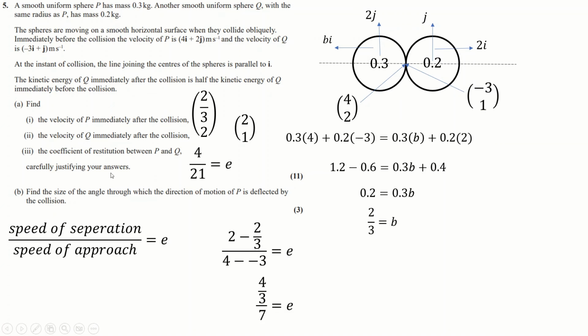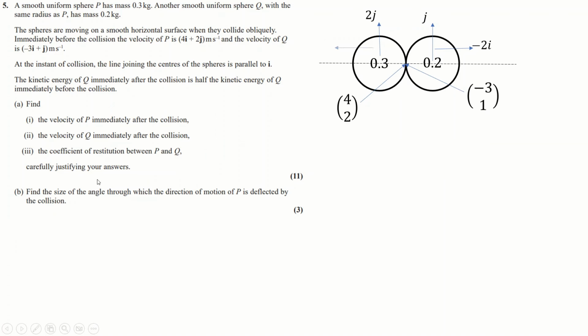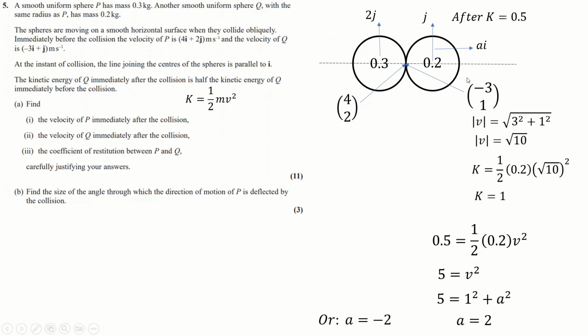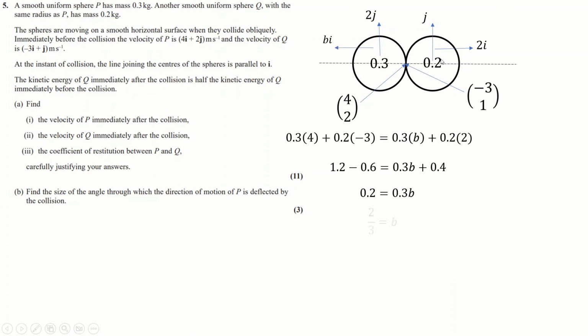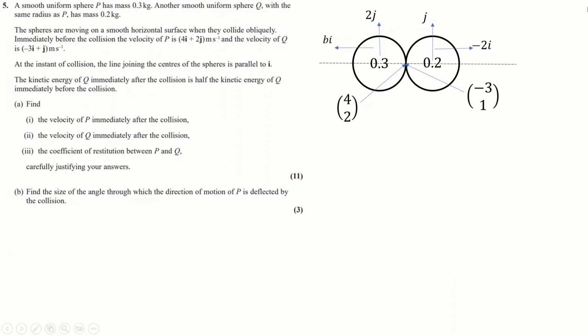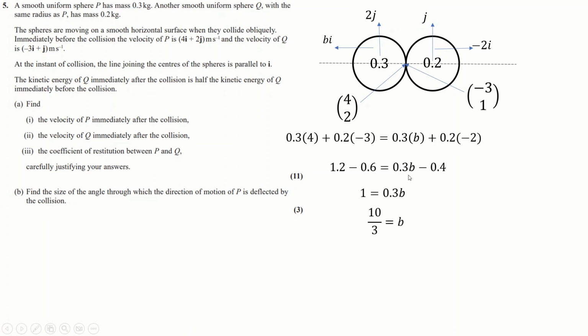Now justify my answers. Carefully, it says "even". I think what this is getting at is the issue I had up here, where I could have chosen A to be minus 2. In other words, the ball goes this way, speed 2, or this way, speed minus 2, as I've written there. Now the problem with doing this is when you try and find B, which is the horizontal component of this one, and you do exactly the same thing, you use the conservation of momentum, put in a minus 2 for this one instead, and what you find is B is 10/3, which initially seems okay until you realize, well, okay, that's 10/3 going this way, but